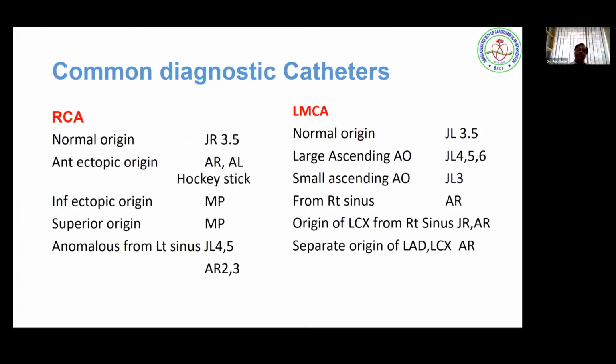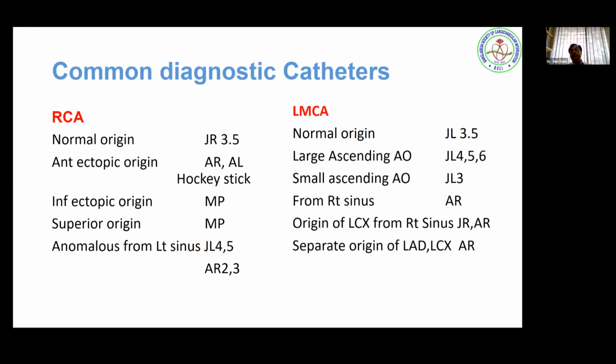There is a routine workhorse catheter for the diagnostic route. We all know about it. I will not go into further detail. Just for normal origin, right sided 3.5. For ectopic origin, M plus, right, left, or we make the catheter into a hockey stick shape, or a hockey stick catheter is also available there. And for ectopic origin of different types, multi-purpose, you can try 4, 5 also, and sometimes M plus right also. At last we can try for selective RCA coronary angiogram.